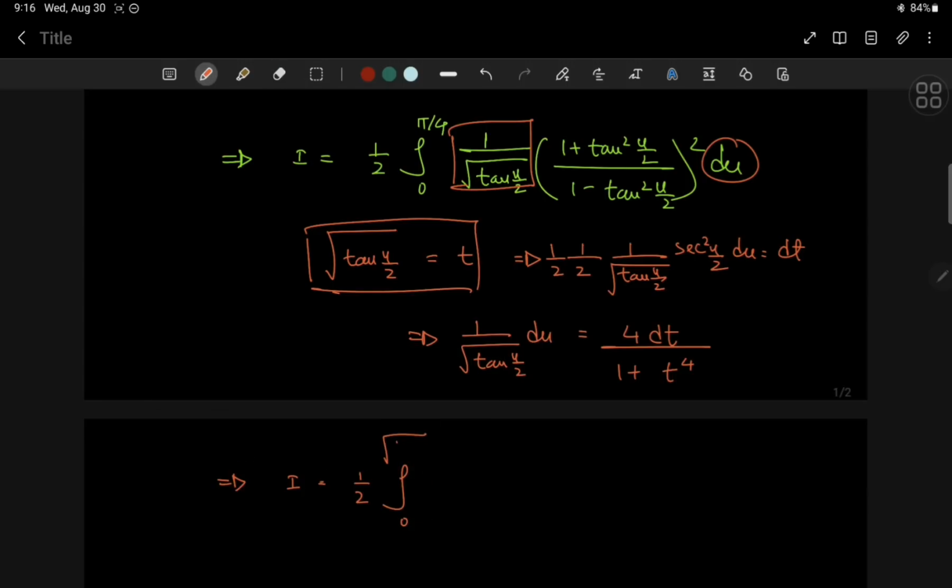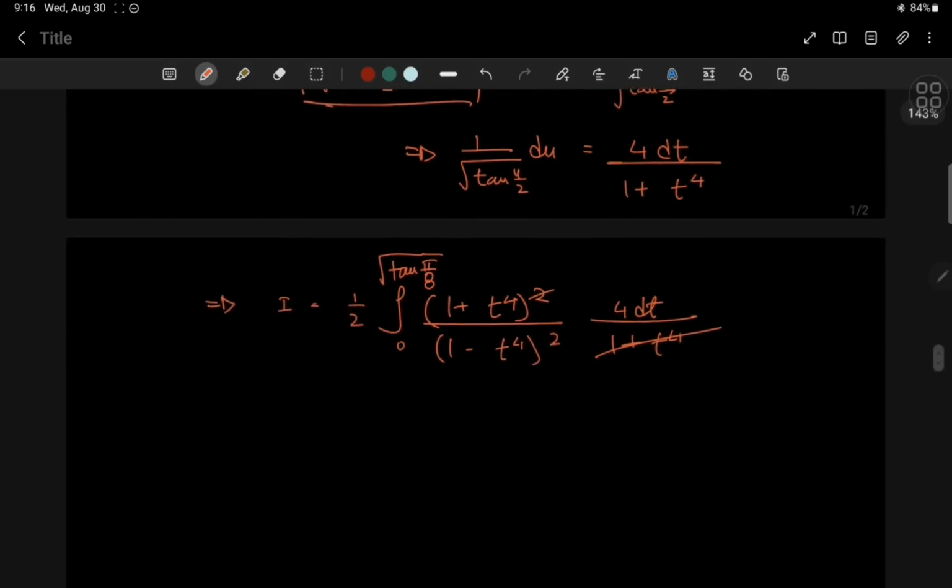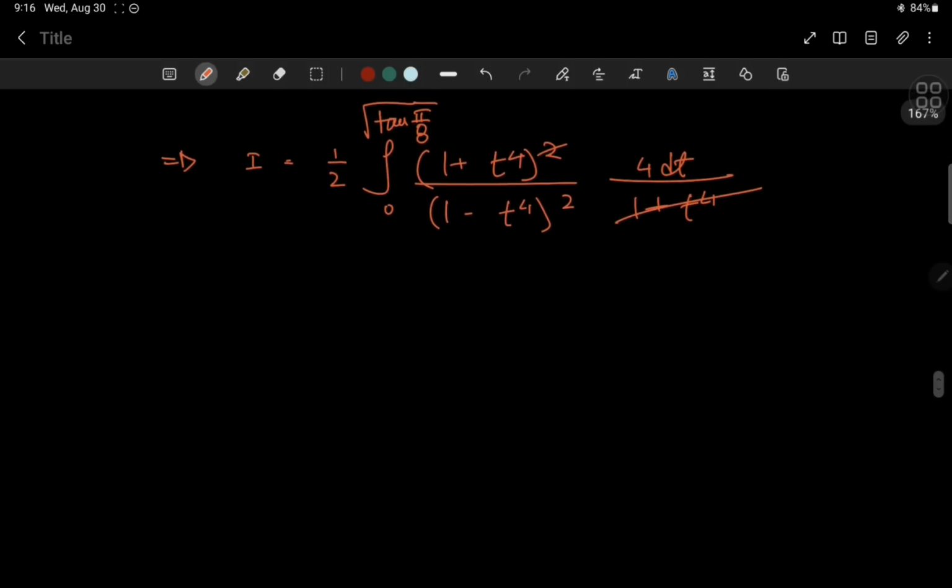Indeed. So we have the square root of the tangent of pi/8, and the integrand, and this is your new differential element, right? It's 4 times dt divided by 1 plus t to the 4th power, since 1 plus the squared tangent of u/2 is t to the 4th power, and this is squared. And in the denominator, you have 1 minus t to the 4th power, and that's squared. You get rid of one of these things, and it looks much better now. Oh, I don't need to give it a title. Much better. So this implies that I equals, some nice cancellation here, 2 times the integral from 0 to the